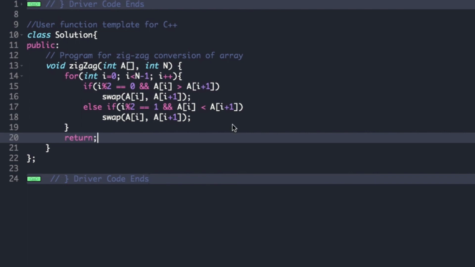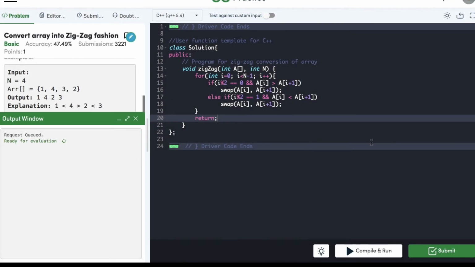And that's it, we are done with the code, we can compile it. The code is compiled successfully, so we can submit. And our code got submitted successfully.